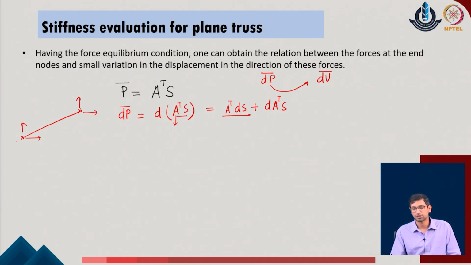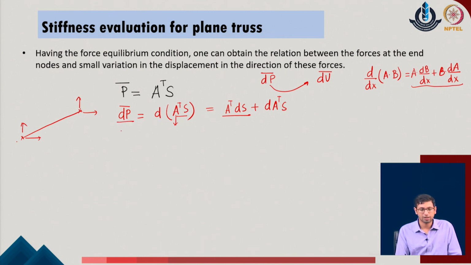So, it is a simple relationship which we define like d upon dx of expression A into B. If both are functions of x, we simply write it as A into dB upon dx plus B into dA upon dx in the given problem. So, using the same idea, we are adopting this given change. Only thing is that rather than writing dP by dx explicitly, or dP by du explicitly, we are identifying the small changes first, but the intention is to get these changes in terms of the variable quantities of the given system, which are the displacements at the nodal positions.